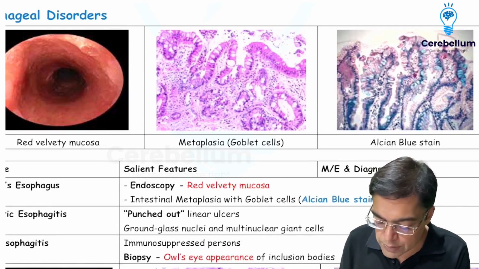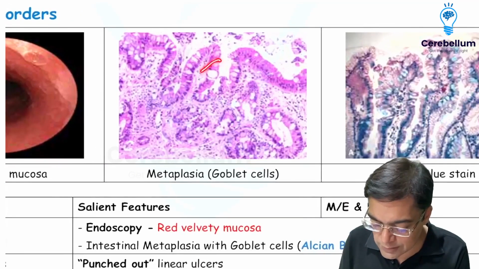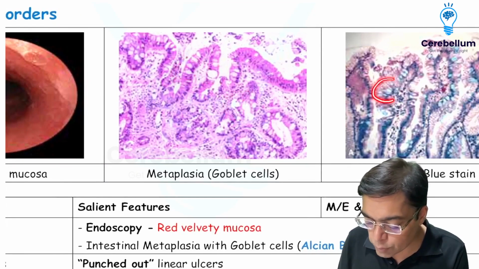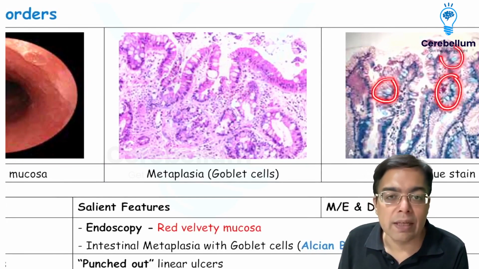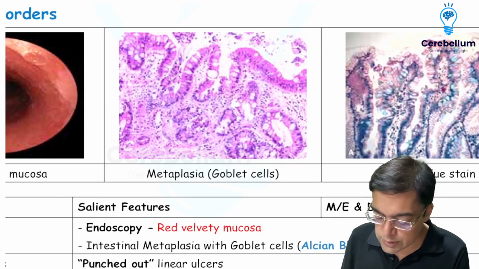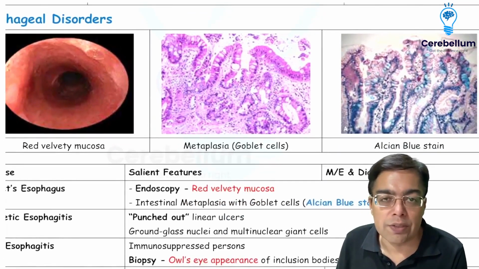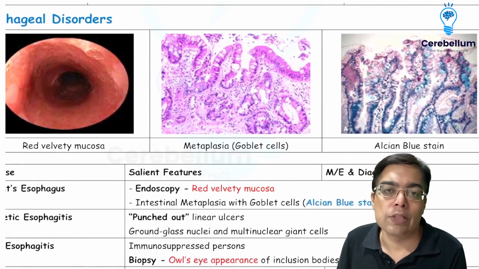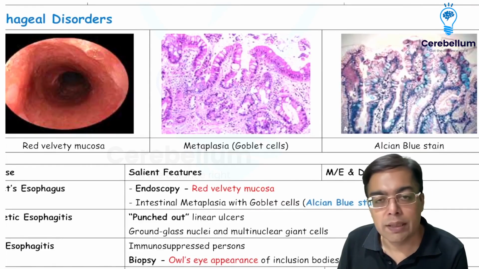Intestinal columnar metaplasia is identified on the basis of cells which have goblet cells, and goblet cells contain mucin which can be stained with the help of a special stain like Alcian blue. So any question in the exam which makes a mention of these three findings, chronic GERD, endoscopic finding of red velvety mucosa, or Alcian blue staining for detection of goblet cells, is suggestive of